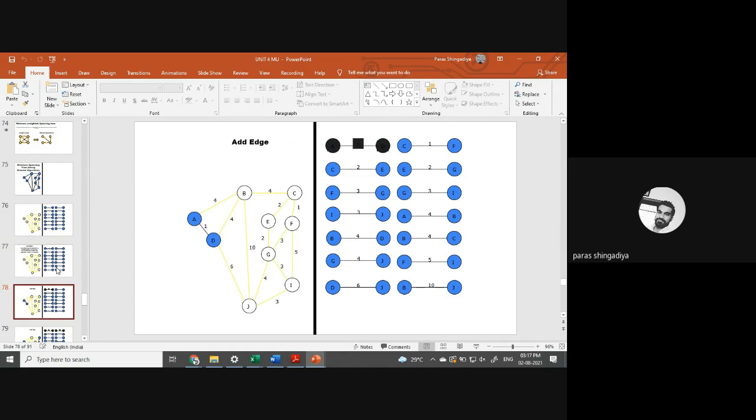Now create the graph. Which edge will be considered for the graph? You start with the minimum weight, which is 1. First connect it in the graph. The minimum weight is 1 between A and G, so we will include it in our graph. Then the second is between C and F, so we will also include it in our graph. These 2 edges will be included. This weight is minimum.